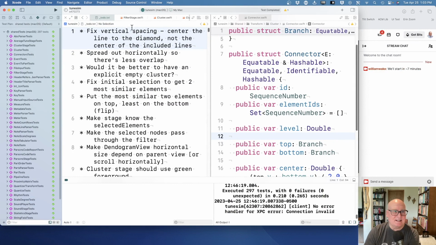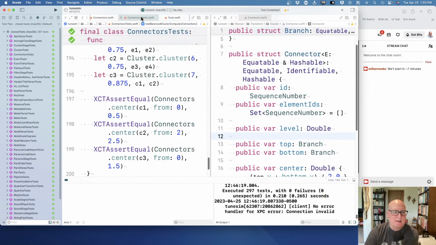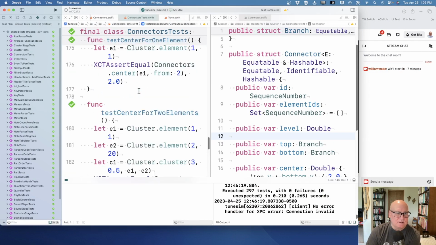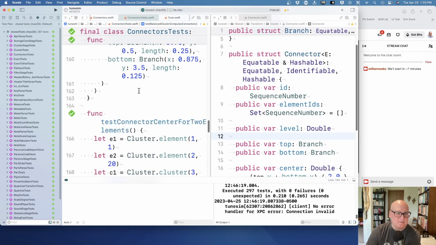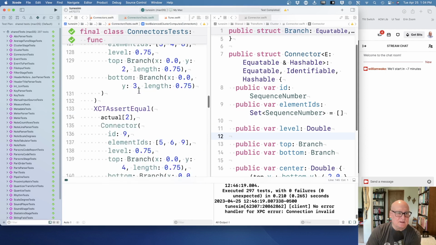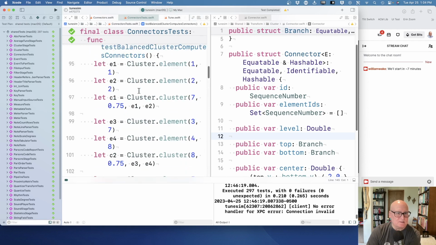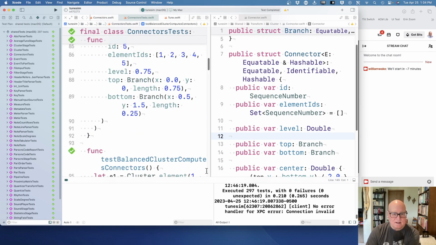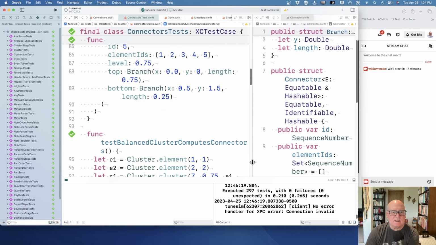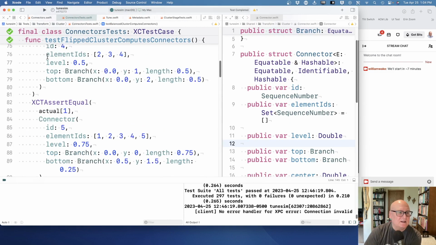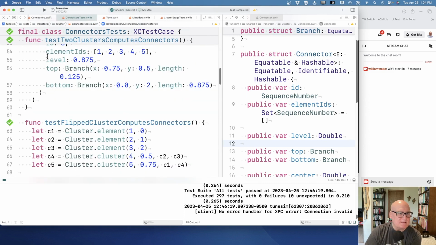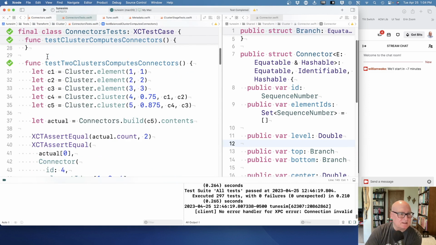Let's see. Connector tests. I know we have those open. Now, we've got a few tests on this stuff. It's interesting to me that this slipped through. It's definitely a flaw in my testing. All right, let's get back up to the first